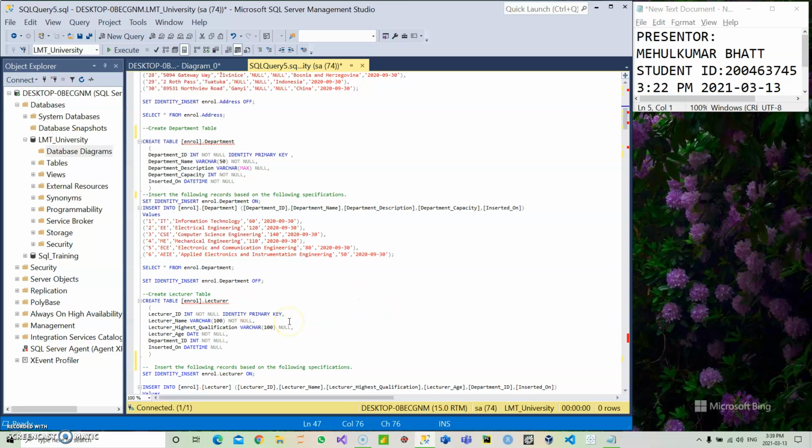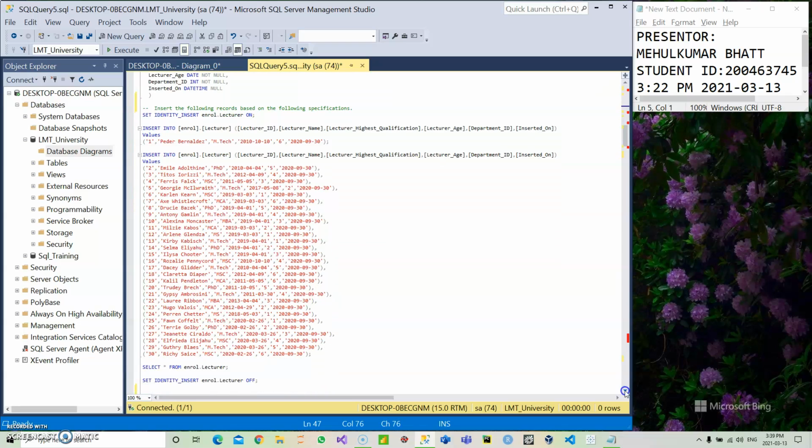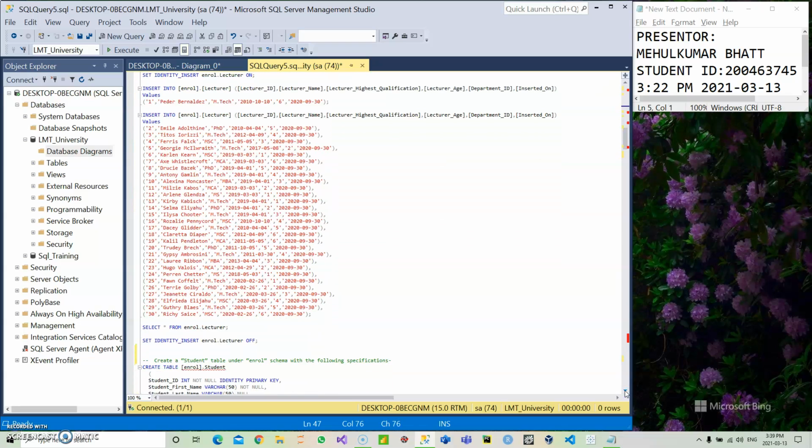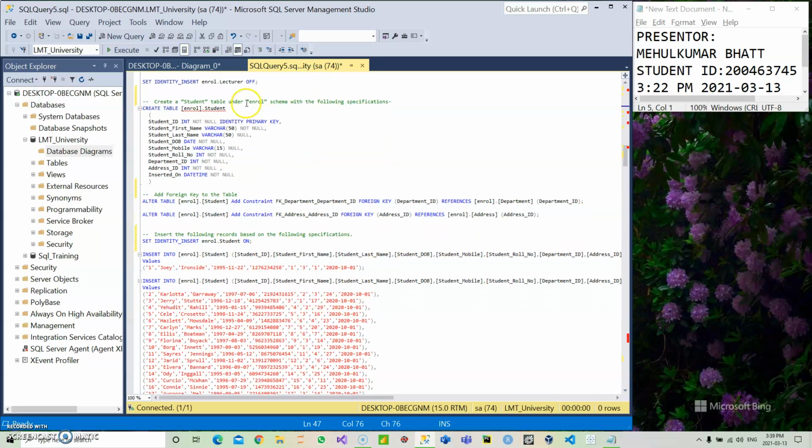Then the third table I have created is lecturer, with the following specification, and entered all the details specified over here. And last but the most important table that I have entered here is enroll.student, with the following specifications mentioned